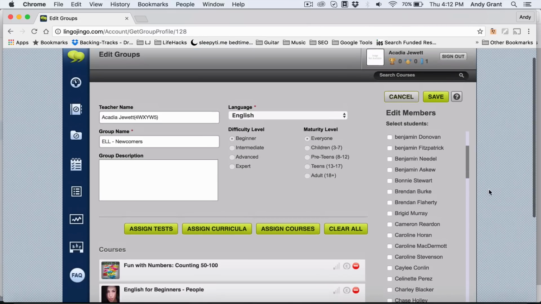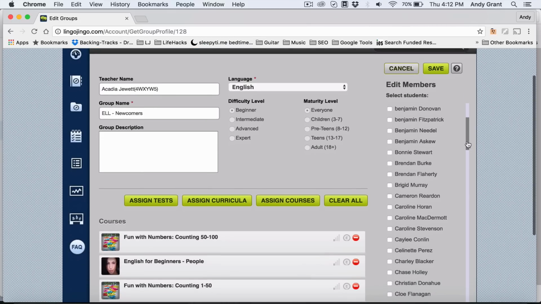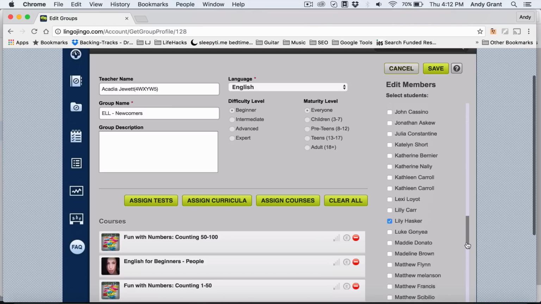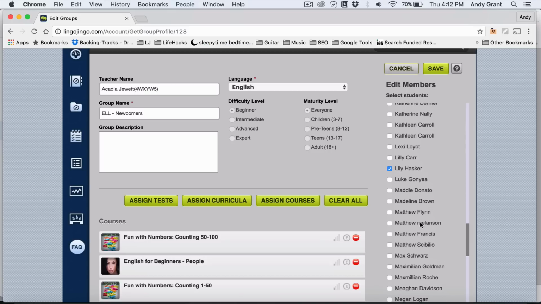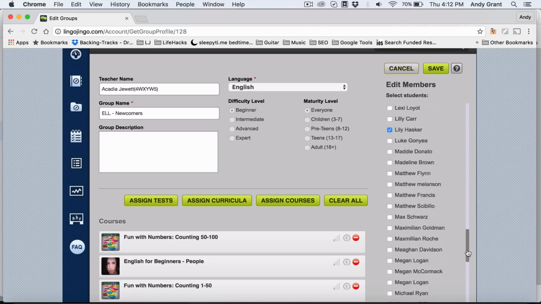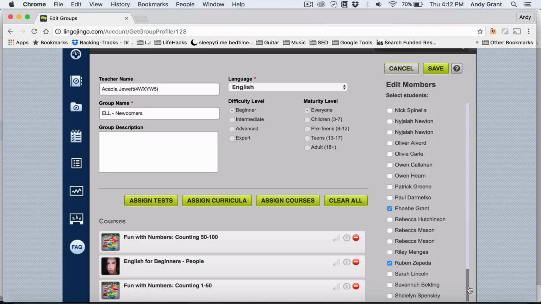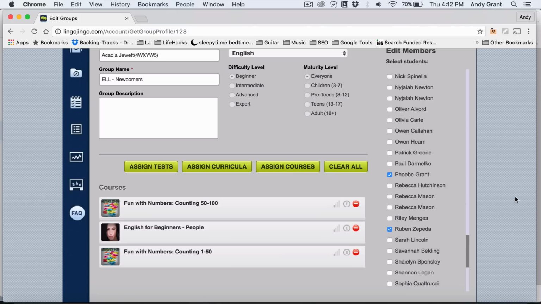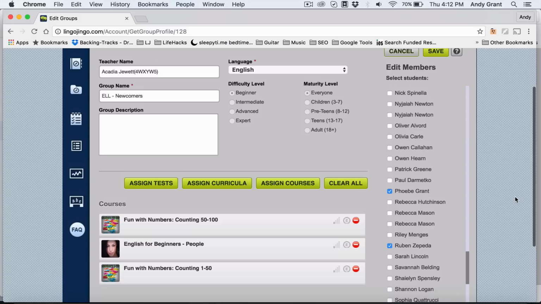Once you look in your group management screens, you can see all of the students whose accounts are assigned to you, as a teacher. And if you would like to add them to a group, you just simply check their name and save. There's 3 students currently assigned to this group by this particular teacher. What you're able to do, and this applies to any and all groups that you're going to be managing in Lingo Jingo, or groups of students, you've got 3 basic steps that you're able to use in assigning or distributing